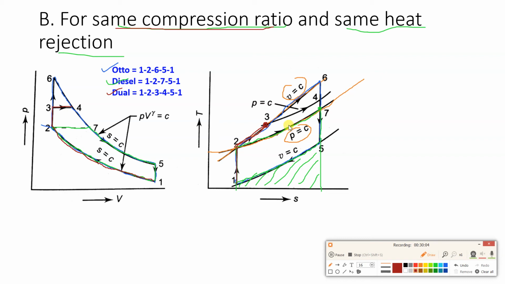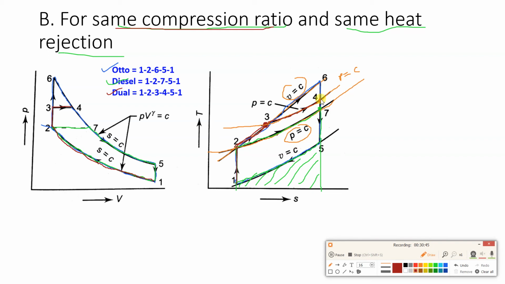Now the same thing I want to indicate on the TS diagram. So for that I will first draw a constant pressure curve from point number 3. Now this constant pressure curve, pressure equal to constant, you can see from point number 3, the constant volume curve is steeper as compared to the constant pressure curve. So you should remember this properly. Then from 3 we will add heat at constant pressure till point number 4.